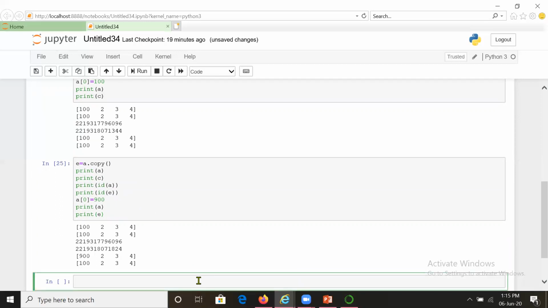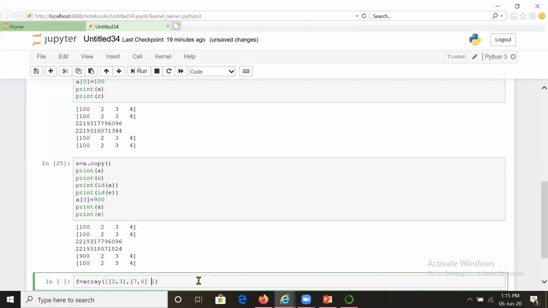Let us move ahead and try two-dimensional arrays. Suppose f is the array, and I will use a similar array function, and in the round bracket you put a square bracket. This indicates that I am going to have a one-dimensional array. But inside that, suppose you put some arrays like 2, 3, then 7, 8. Now you are creating a two-dimensional array. If you put one more square bracket, it will be a three-dimensional array.